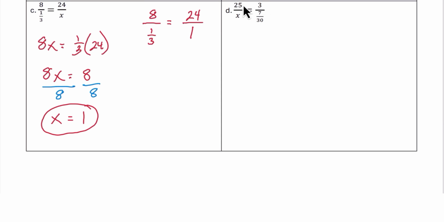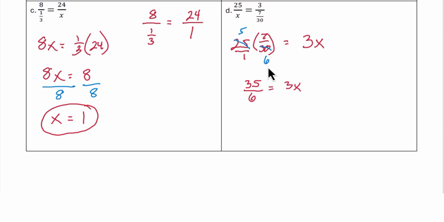Up next, again, we are solving a proportion. So let's cross multiply. We have 25 times 7/30, and we set that equal to 3 times x. If it helps, we can write that as 25 over 1. And now before we multiply this, we can reduce the 25 and 30. 5 will go into 25 5 times. 5 will go into 30 6 times. So we're left with 5 times 7, which is 35, divided by 1 times 6, which is 6, and that's